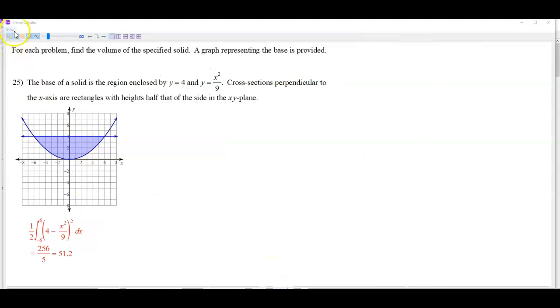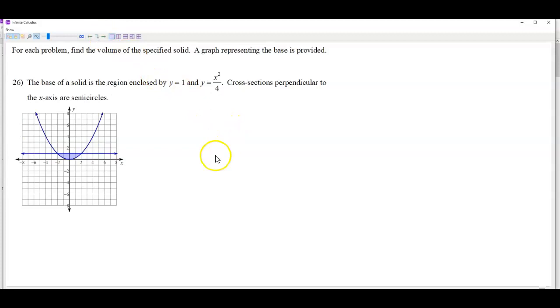Let's go ahead and move on to another question here, number 26. Same question, really. We're still going perpendicular to the x-axis, and actually the shape is almost the same too. It's a parabola and a linear function on top. So a lot of it's going to look the same. The only difference is the fact that we're stacking a different shape on top. So that'll happen in step 2. So in step 1, we want to find the base